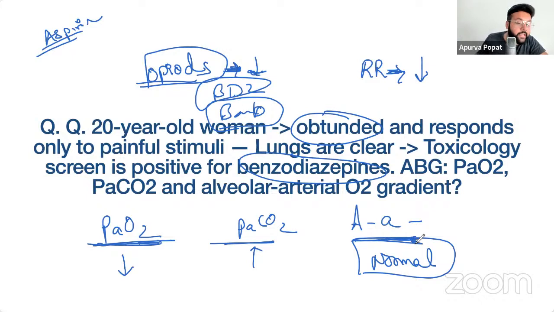The problem is in the respiratory rate. The alveolar arterial gradient is only increased in situations where there is a problem in the membrane, for example interstitial lung disease. Otherwise, it reflects how faithfully the oxygen in the alveoli is transferred to the arterial system, so that diffusion is normal